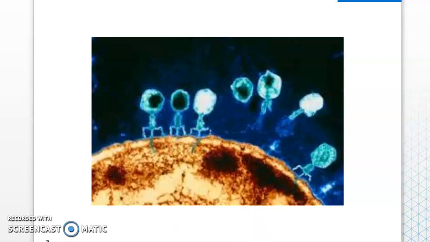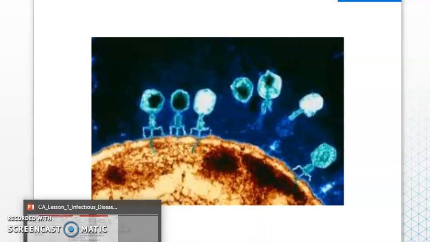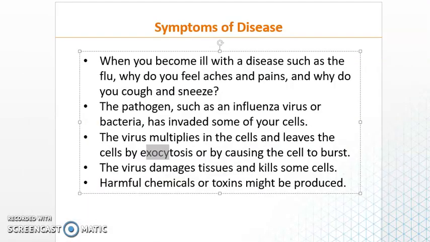On the other hand, we have botulism. Botulism is another type of disease that is caused by a bacteria, botulism bacteria. This bacteria doesn't need to enter the body. It just lives on the food and secretes some toxins. When you are eating the food which is contaminated with the botulism, the symptoms will start to appear in your body, and these toxins paralyze the nervous system and cause severe paralysis.